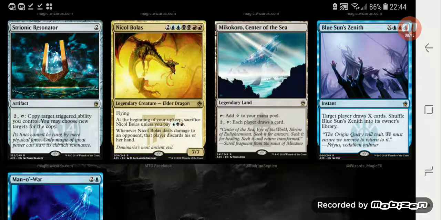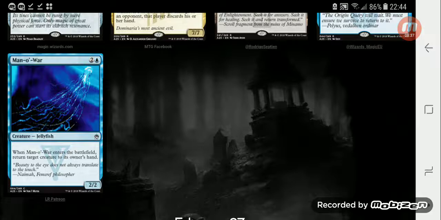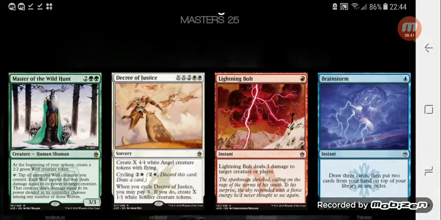Miko Koro, Center of the Sea. That's another good one to reprint. There's not many copies of that one running around. There are still a lot of cards I hope get printed. I felt like Mycosynthelatus would be a great Mirrodin card to be reprinted, even though for the rare they would probably pick Memnarch. But we'll see. Blue Sun Zenith. Then you got Mana War. Now, one last card was spoiled for the 27th: